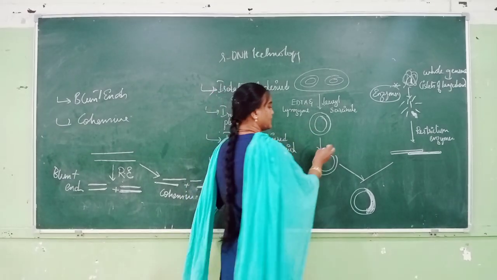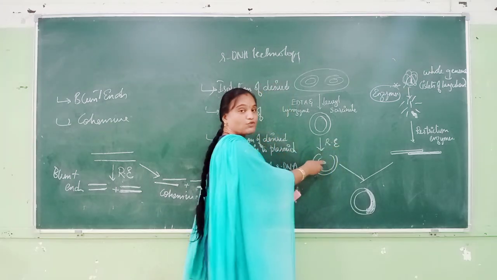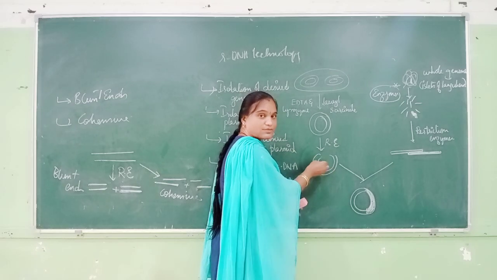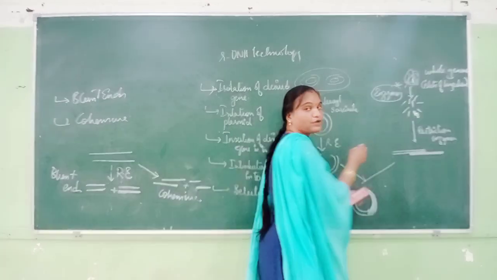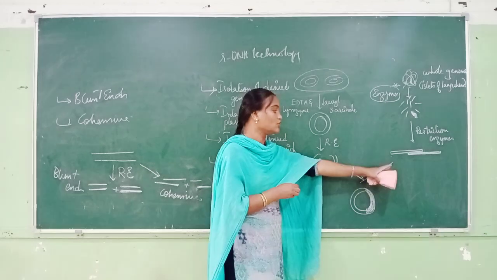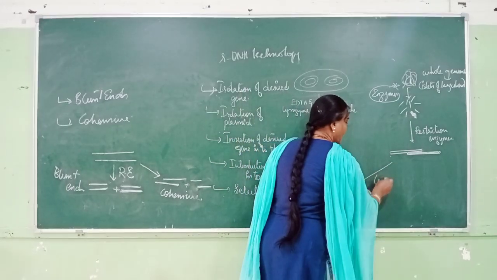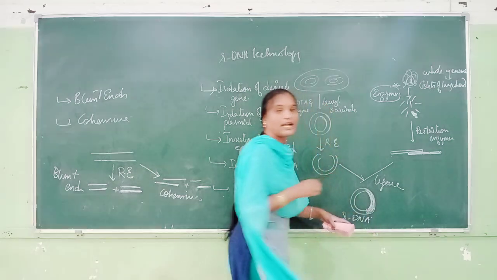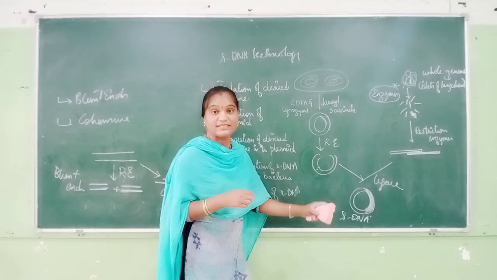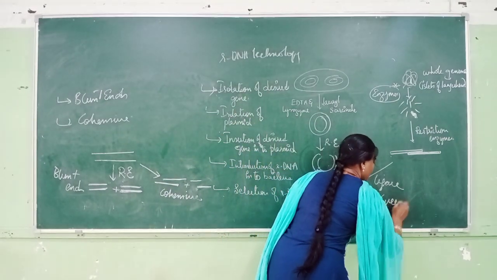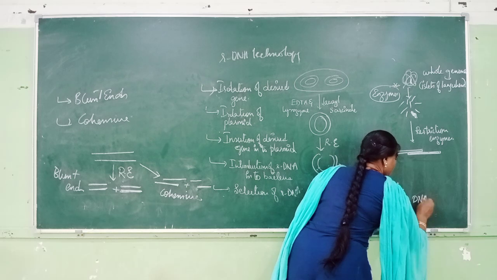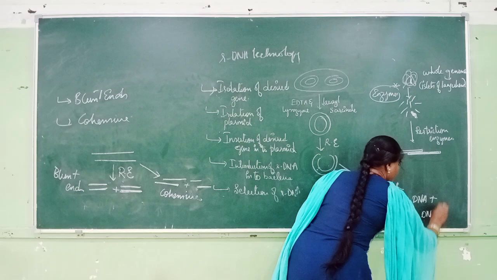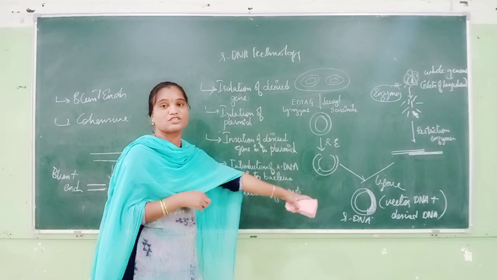Now this plasmid DNA is again treated with restriction endonucleases. It will get protruding ends. Now the half-cut protruding-end plasmid DNA is treated with the protruding end of your desired DNA, right? So both of these will get united with ligase enzyme. So this is your rDNA molecule, that is your chimeric DNA molecule: vector DNA plus your desired DNA. So this is your produced rDNA molecule.